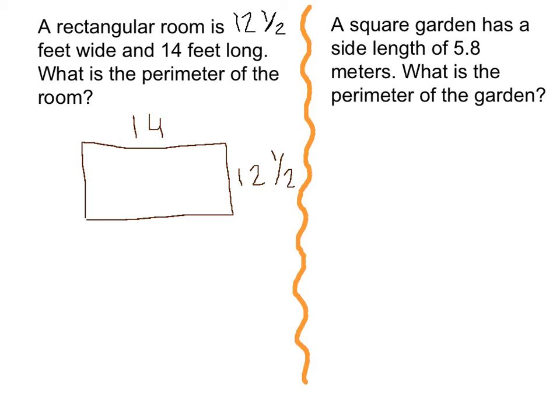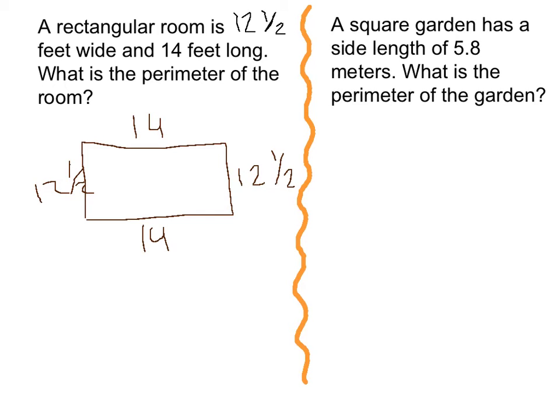It's important to know whenever we look for the perimeter, we add up all the sides. So even if it gives you only 2 dimensions right here, you have to go ahead and assume the other side is 14 and the other side is 12.5. So if you add up all these sides,